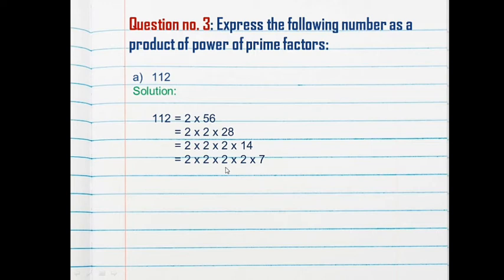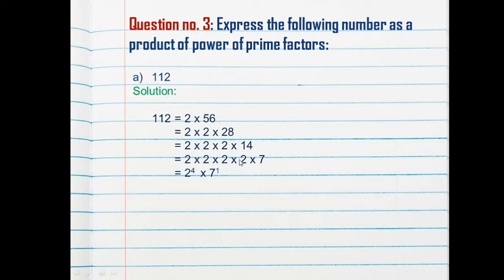That is the same method we have applied. So whatever factors we got here, we have to write them in the exponential form. Okay, so we will write 2 raised to the power 4 into 7 raised to the power 1, because this